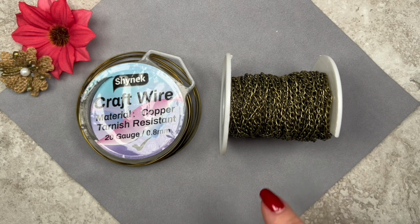And I think the links on this chain measure 3 by 5 millimeters. We're going to be using it to create some swags. And although you may be tempted to use very delicate chain or chain that has very tiny links, it always ends up getting tangled up. So it's a bit of a nuisance. And I think this is curb chain, but you can use any kind of chain. You can use roller chain or this kind. It's up to you. In addition to these items, I'm also going to use some jump rings, a lobster clasp,